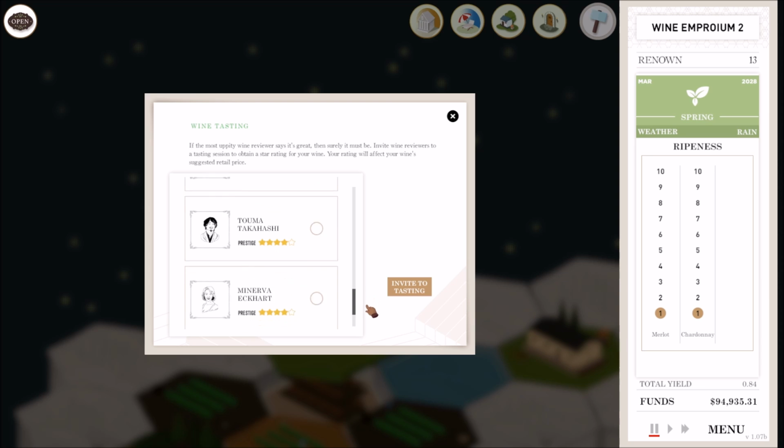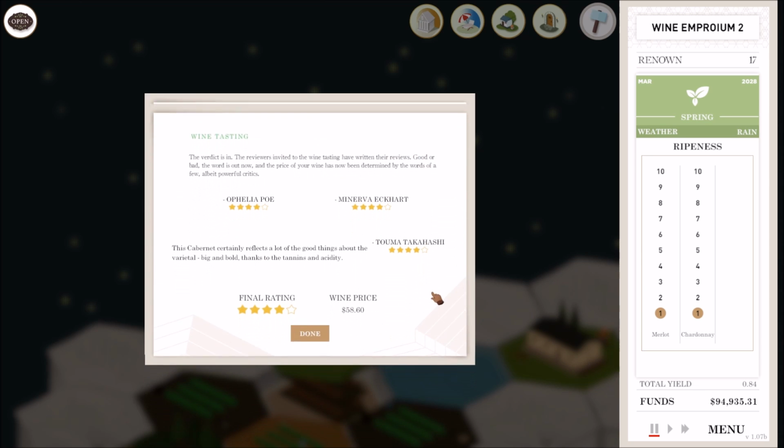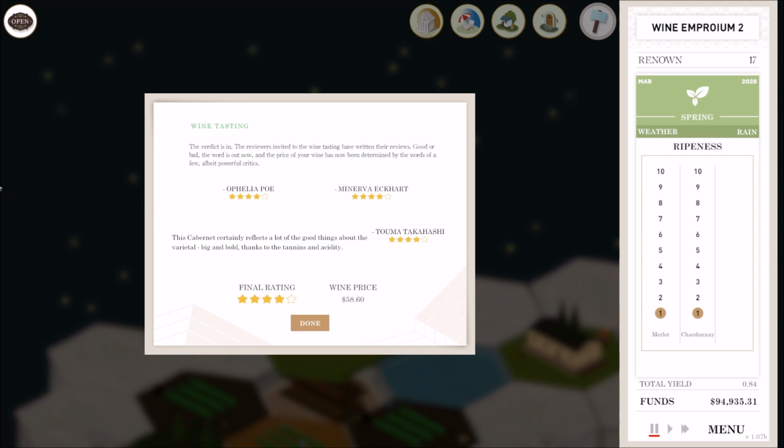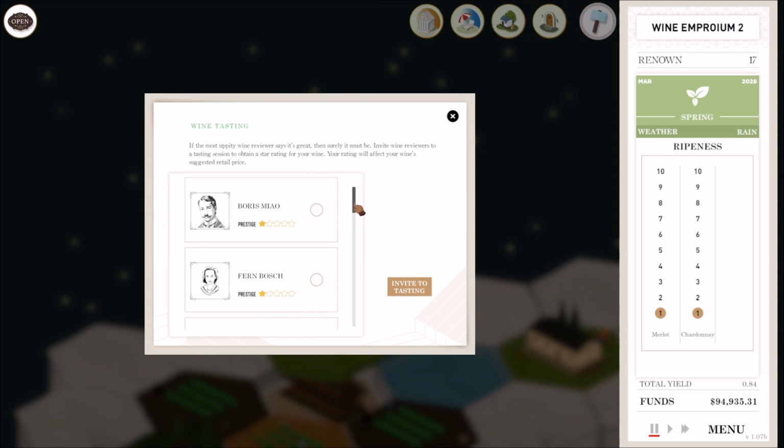I do want to give this thing the 4 stars across the board. Okay, so that's actually 5666 with a sunburn. With 4-star reviewers across the board, gave me 4 stars, which means it's a 5-star wine. So I need to look at the 5666 for sure on this one because that's actually a really good wine. But now let me organize the tasting for this Merlot